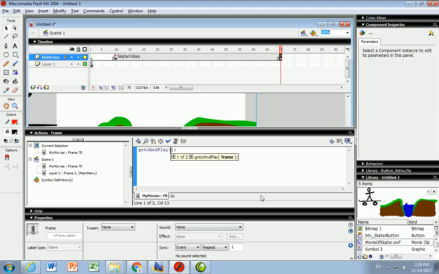And then where do I want it to go to? In quotation marks, I put the exact name of what I called it. And notice it's case sensitive. I have to put it exactly as I called it, which was capital M for main, capital M for menu. So now at frame 70, after it plays the skater video, it's going to go to frame number 1, called